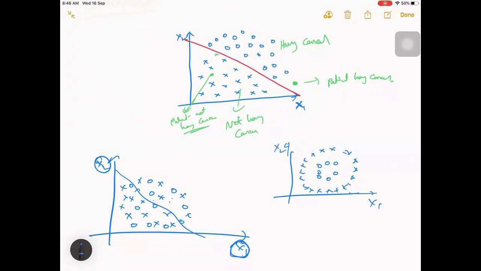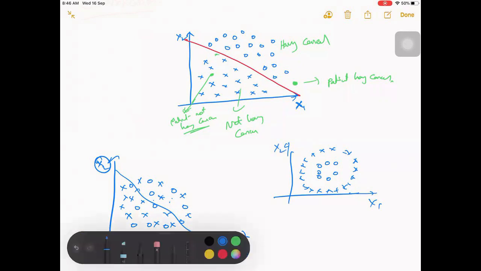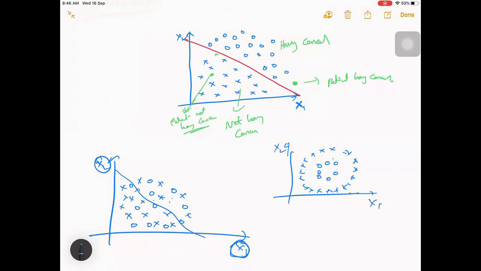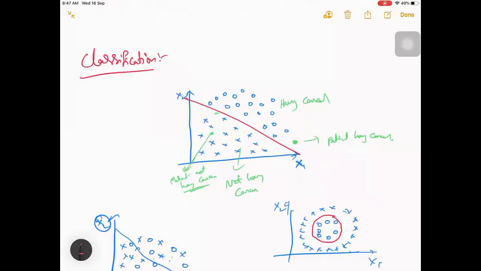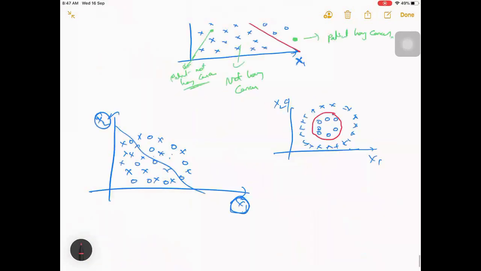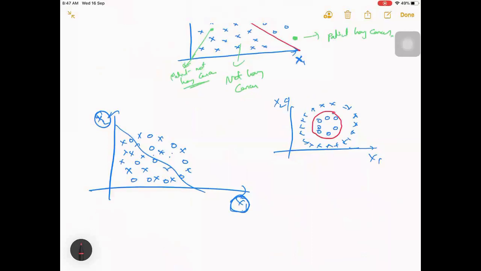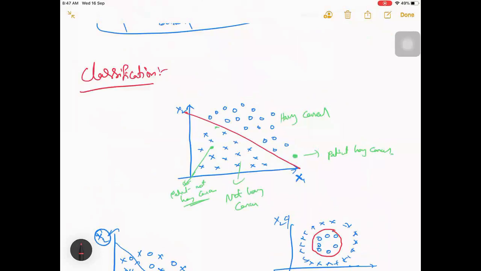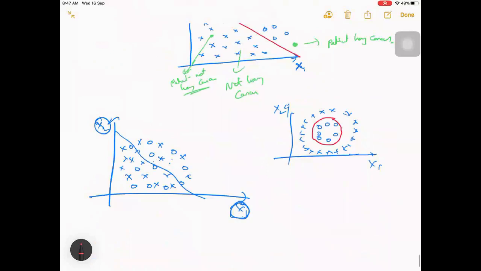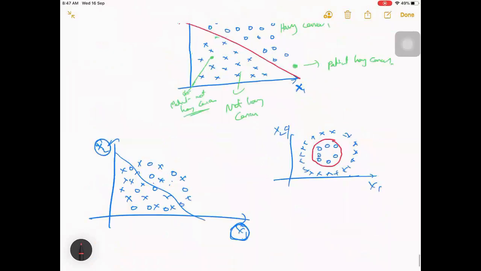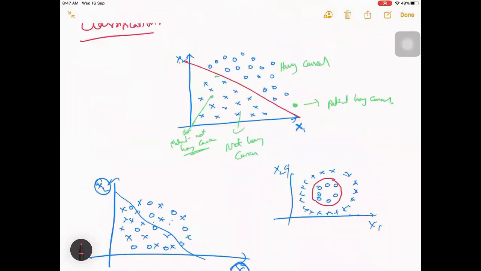Maybe a certain area. Yeah, right. So a kind of area here, like how much it is occupied, can we do some kind of circle here which can differentiate between these two? That is possible, right? So the thing is our boundary need not be linear. It can go non-linear as well. We have seen this earlier in linear regression, where we are trying to get a line here, and even we can get a kind of curve, right? So such kind of scenarios are possible. So indirectly, are we doing some kind of a regression here?